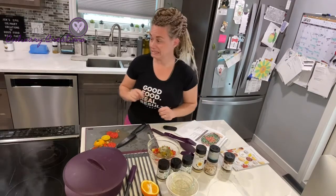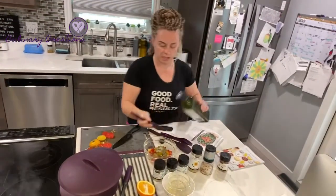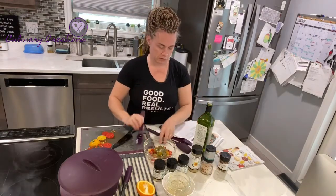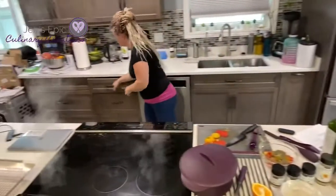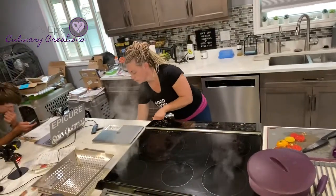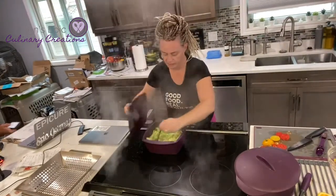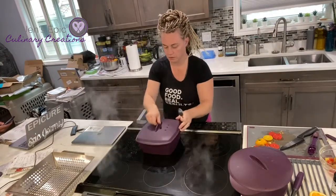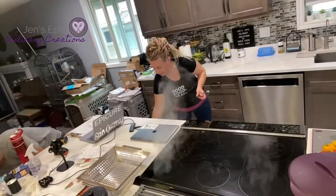And then all we need is a tablespoon of oil. I'm going to add a tablespoon of oil here. Give that a stir, just to give it a stir halfway through. So I'm just going to give this a quick stir. And then I'm going to pop that in. It's got 3 minutes to go, and then our